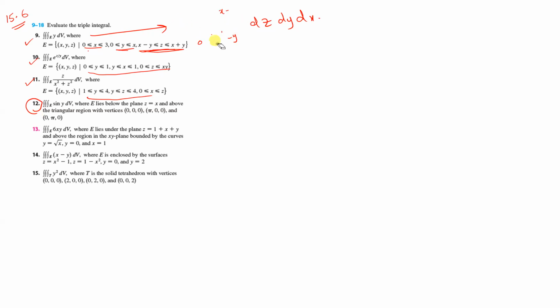In this question, we have to evaluate the triple integral of the function sine y over the region E, where E lies below the plane z is equal to x and above the triangular region with vertices (0, 0, 0), (pi, 0, 0) and (0, pi, 0). You can see all the z coordinates of these three points are 0. That is, these points lie on the xy plane. So